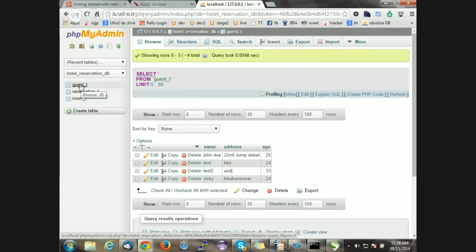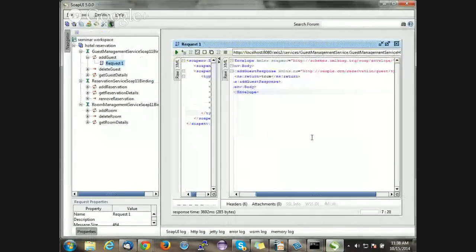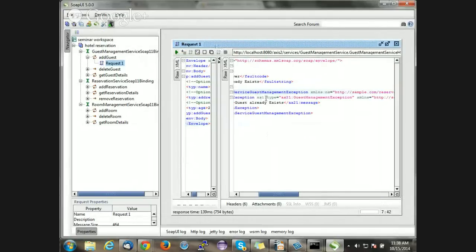So, as you said, John Doe, 22nd Jump Street, age 25, appears in our database. Which means that the request went through and the response was correct. So, this is true when the web service is working fine. But what if I run it again? I'm running it again, and I get an error